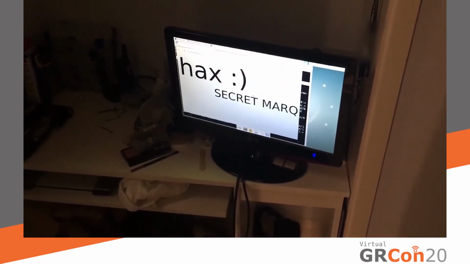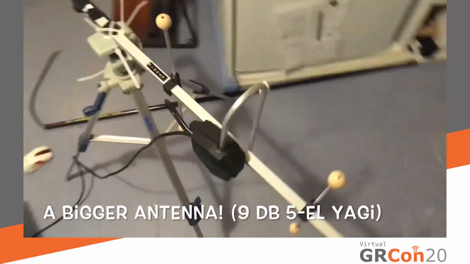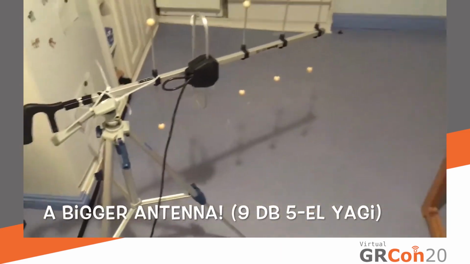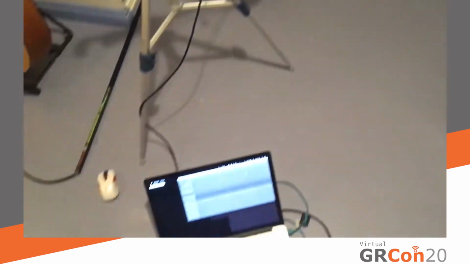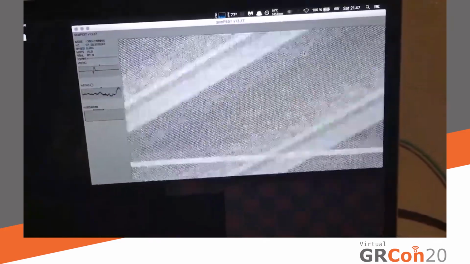I tested this from the other room with a bigger antenna, which is the 9-element Yagi that I use for my PMR activities, listening activities. And when we get the frequency right and the frame rate just right, we are indeed able to synchronize it.